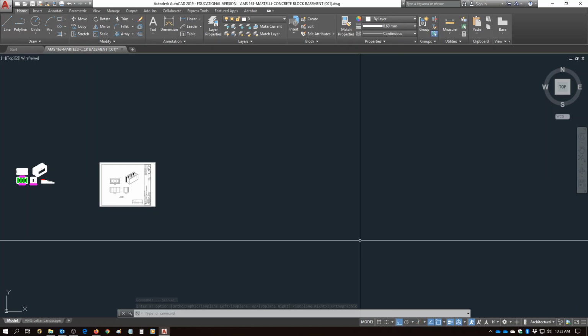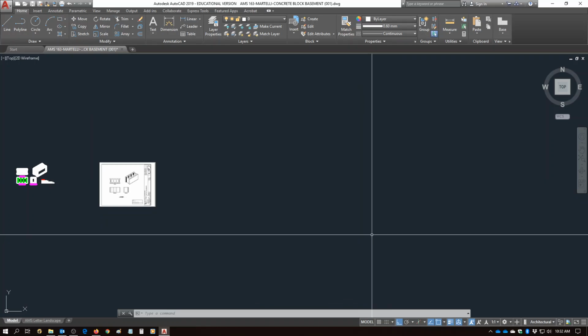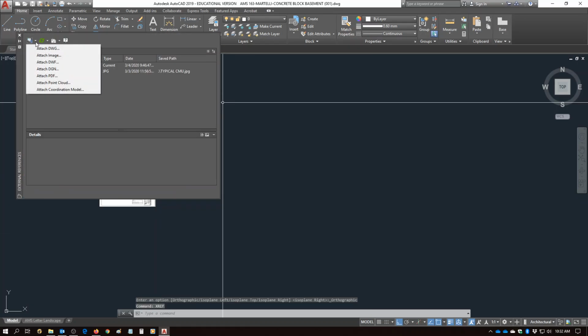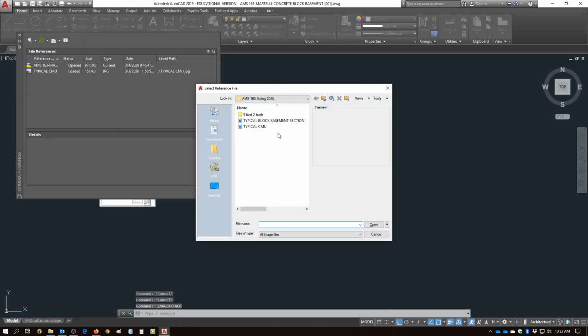We need an XREF, and there was a second sheet that I gave you. So I'm going to type in XREF. I'm going to go attach image and look for that typical block basement section. Now when I hit open,